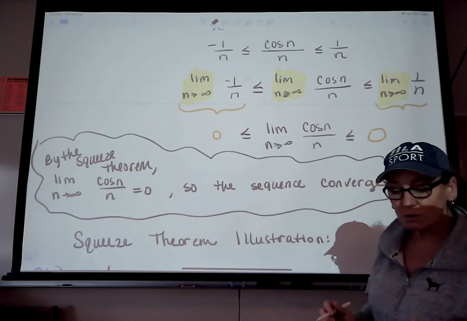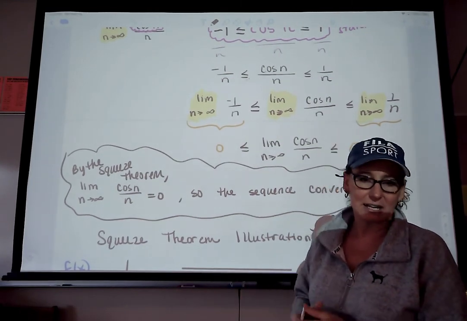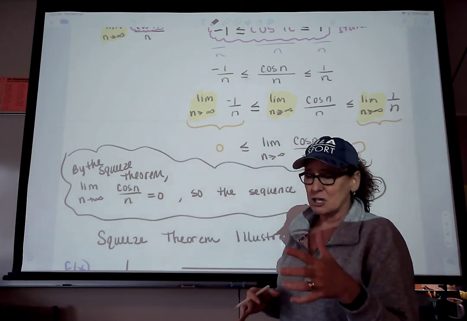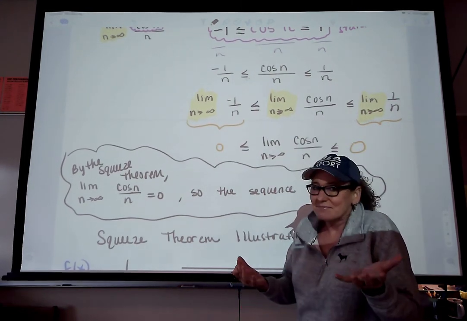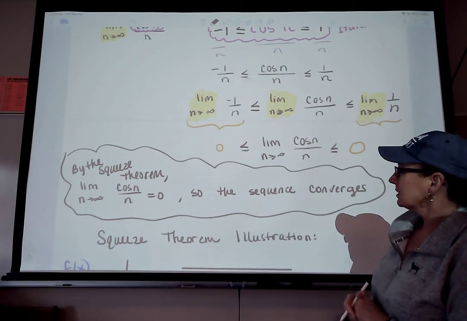Okay, so when you use the squeeze theorem, you're supposed to mention the squeeze theorem. And there's not really an abbreviation for it, like mean value theorem, you can call it MVT. Just gotta write out squeeze theorem, sorry. Alrighty,